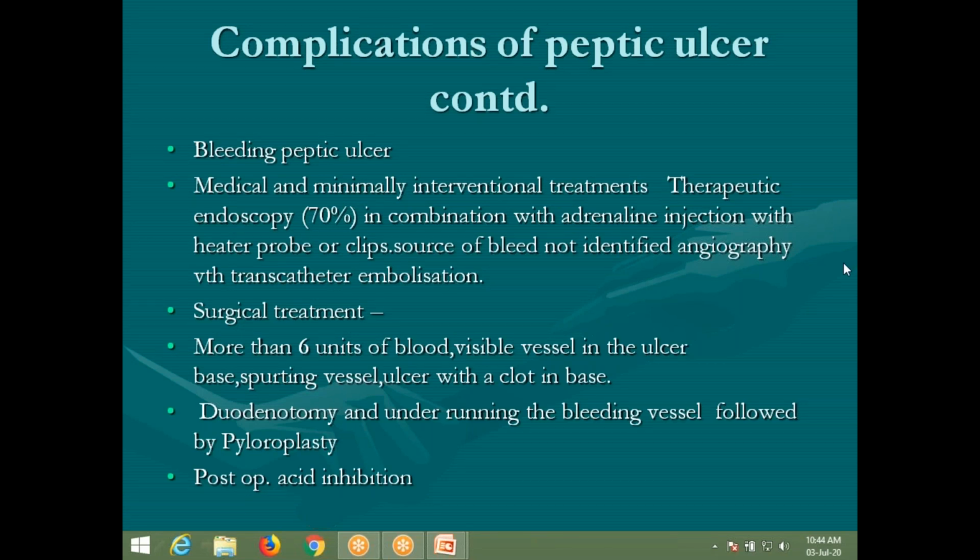Okay, last class we were dealing with the complications of the peptic ulcer, and one good complication we have already covered is perforation. So, perforation of the peptic ulcer. Usually, what is the most common site of the perforation? It is usually in the duodenum, and that too at what level? At D1, the first part of the duodenum. Okay, and how do you manage it?